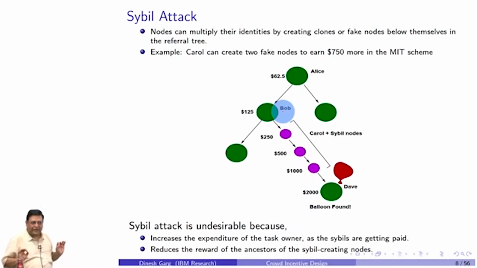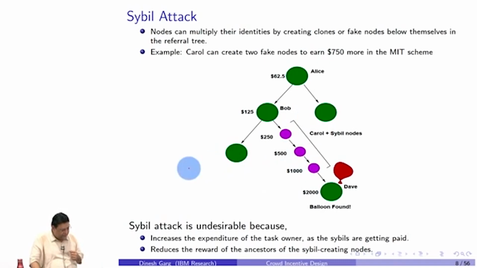So if I am clever enough before participating, I will suspect these kinds of problems, right? That if I recruit somebody and my recruitee is smart enough and he or she recruits fake nodes, my reward is going to get affected, even though I am early in recruitment, right? That's the serious problem with this scheme. Make sense? Everybody is convinced? Okay. So what do we do?